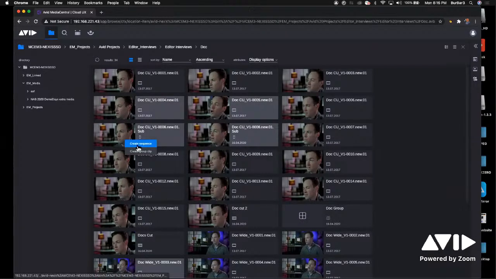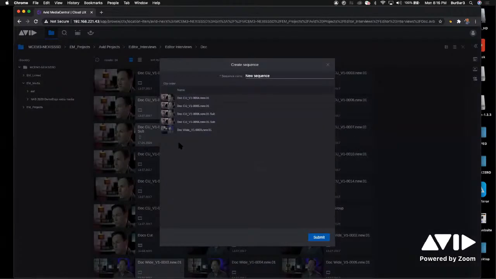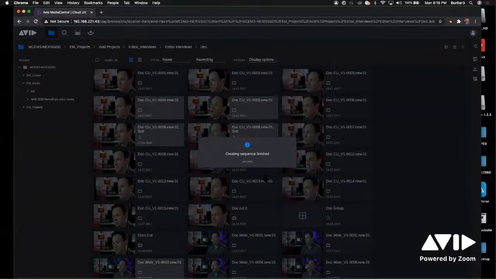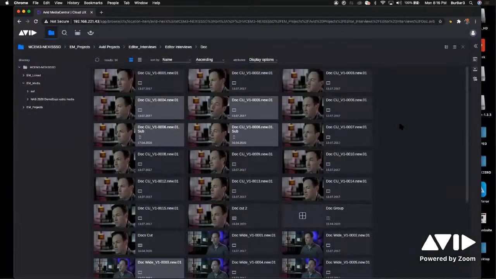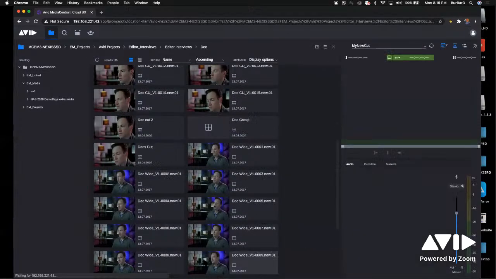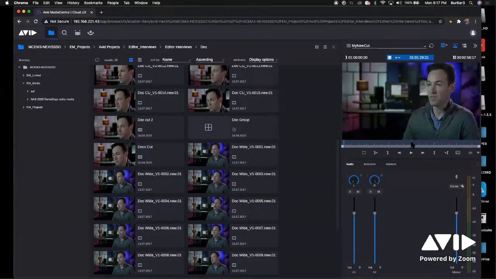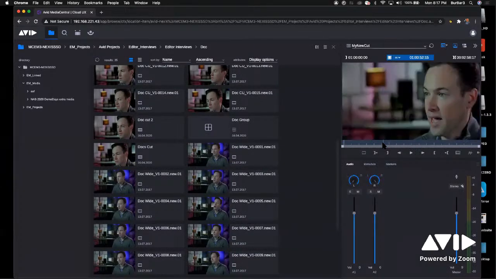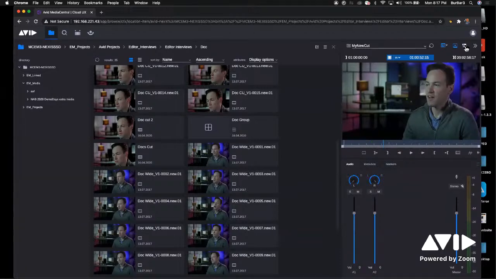And then when I right click, I can create a sequence. Now this sequence could be subclips. I can go in and rearrange the clips here as well. We'll go ahead and rename this as my new cut. And it now has created a sequence that I'll be able to load into my timeline here. So it is actually showing me the cuts here, but what's even more powerful is I can